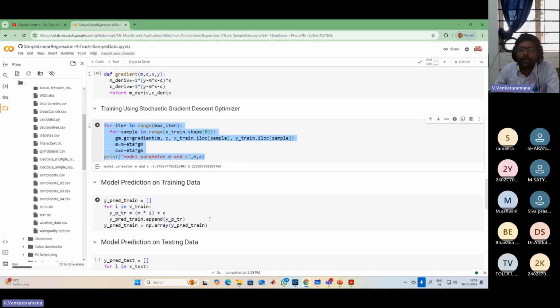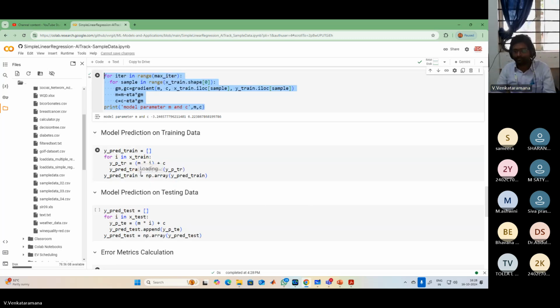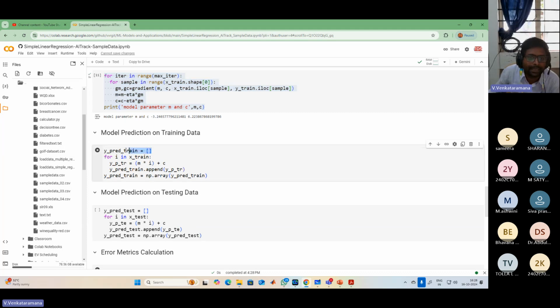If you want to calculate the error, first of all, for a training input, you have to calculate what your model is predicting. For the testing input, you also have to calculate what your model is predicting. So you can see this cell. Y pred underscore train is an empty cell initially. Later I will update it. I want to find the predicted output for every training input data and store it